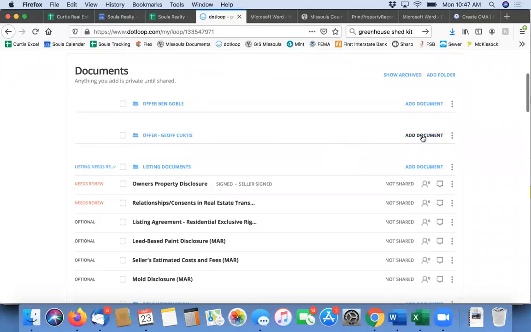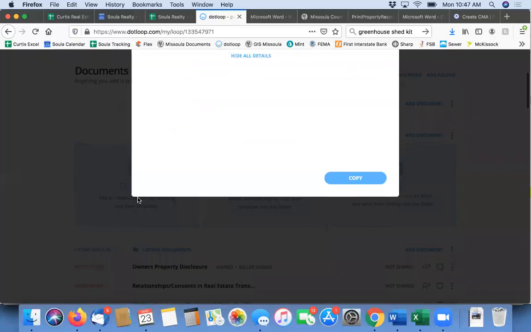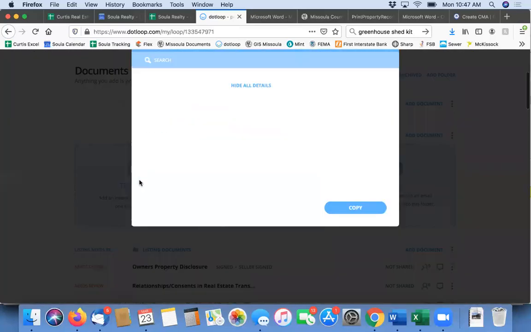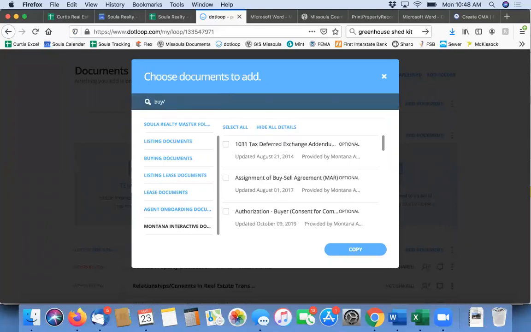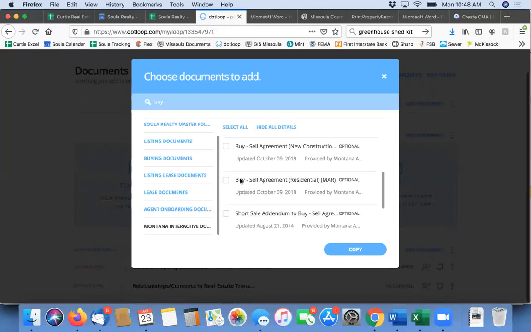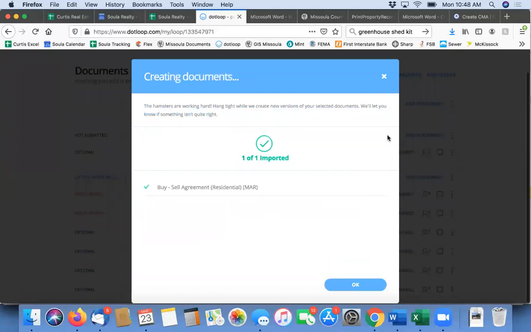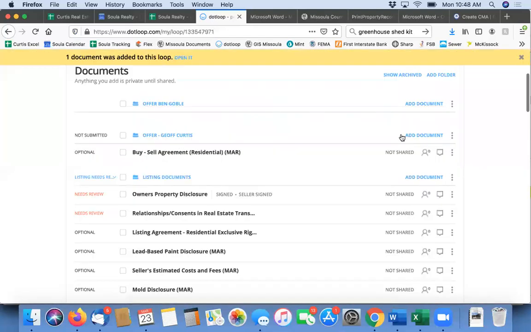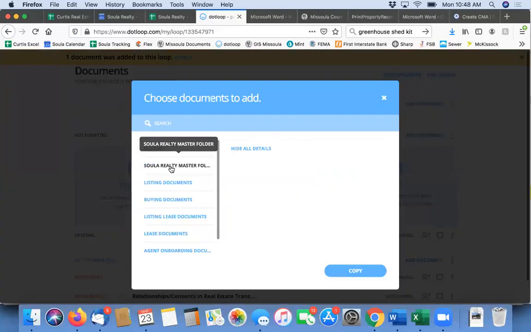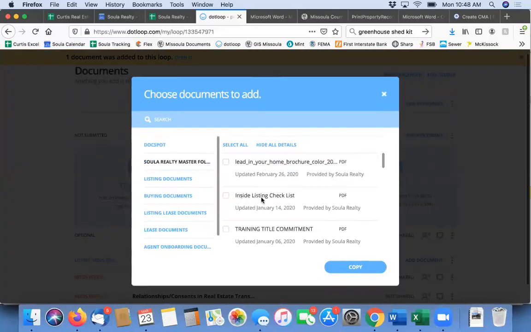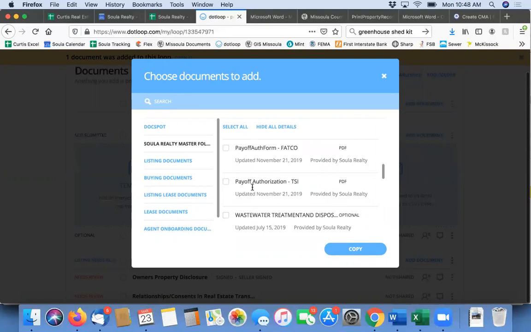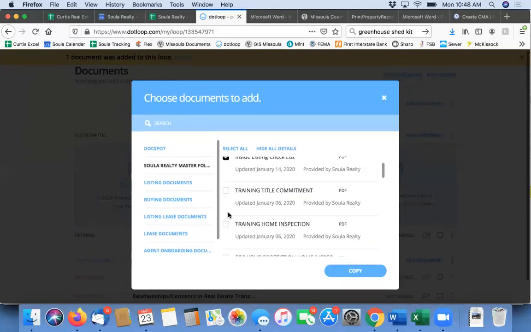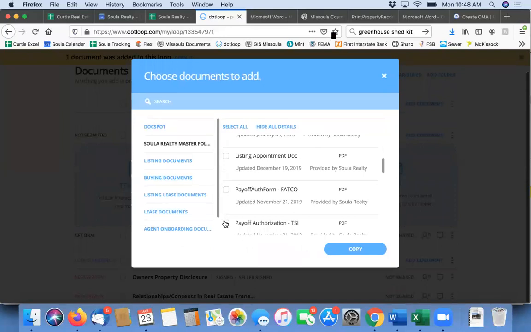If you need to pull in documents that are part of the Montana MLS documents, you're going to go over here to templates, scroll down to Montana Interactive, and then buy, sell, or whatever you are looking for: buy-sell agreement, residential. There are also other documents that are part of SOLA. In templates, go to SOLA Realty Master Folder, and here are things like insider checklist, listing appointment docs, and payoff authorization from whichever title company you're using, so that you have those in there right from the get-go